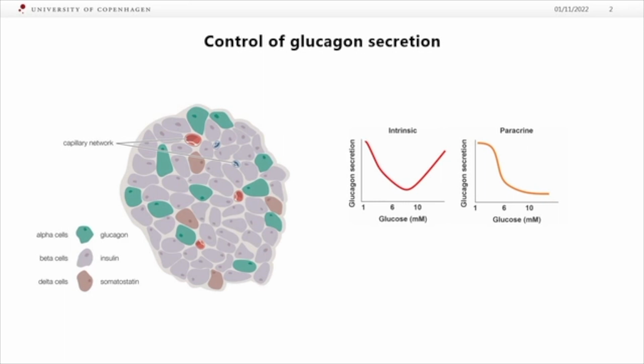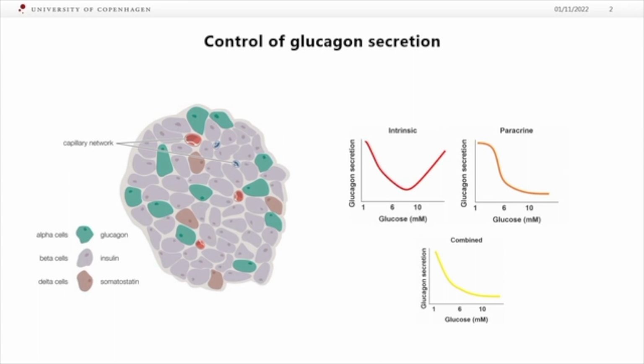So we have two modes. One is an intrinsic effect, whereby glucose directly regulates glucagon secretion by acting on the alpha cell. And the other is a paracrine effect, where for instance, insulin secretion from beta cells or somatostatin secretion from delta cells leads to paracrine inhibition. As you can see, the intrinsic effect is mostly active at lower glucose levels, and at higher glucose levels, we think the paracrine effect takes over. And this leads to this combined effect that you see here, that we all know and love, the inhibition of